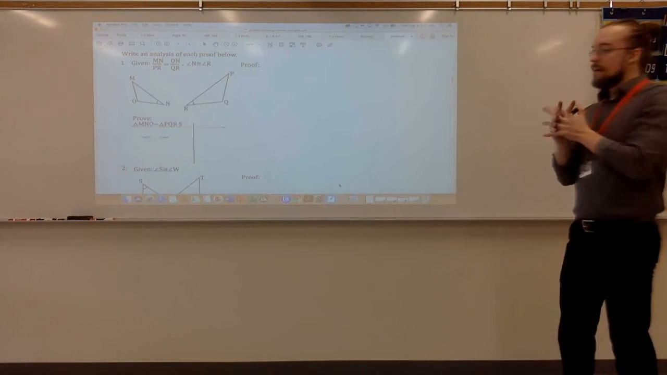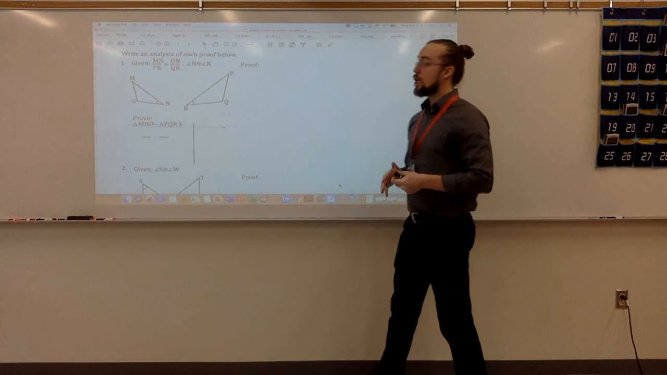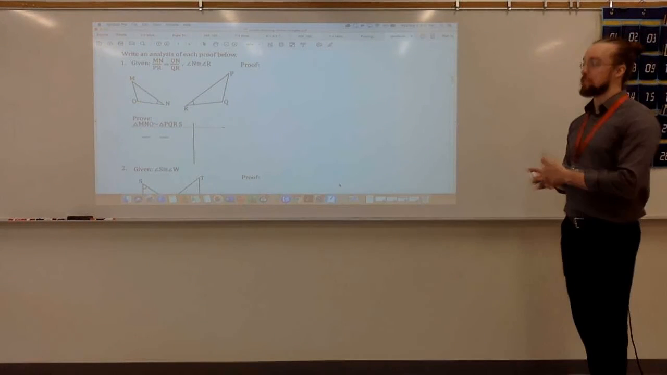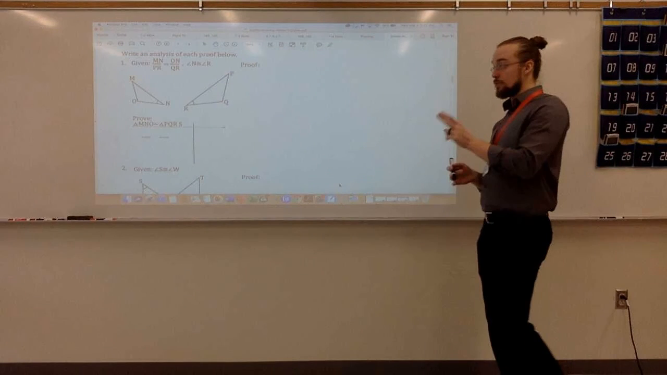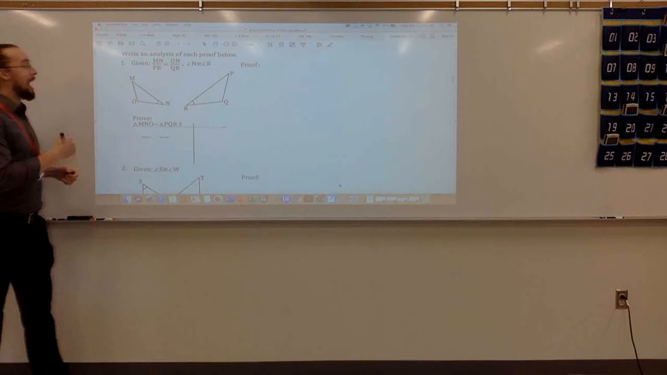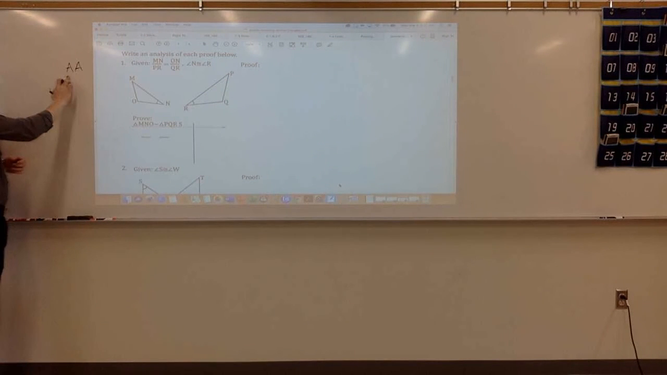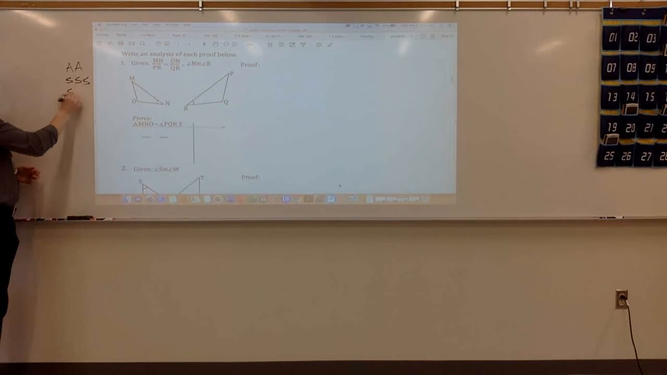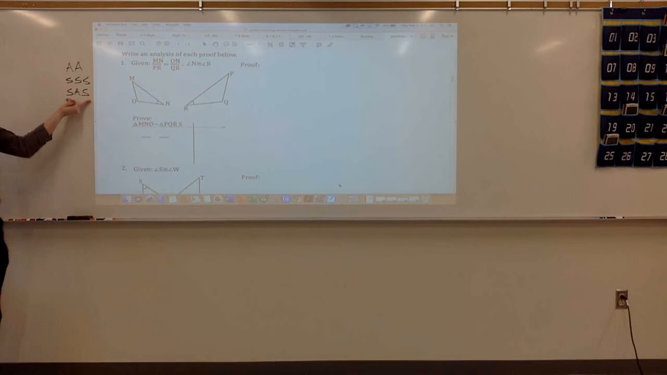Alright, today we are going to take a look at writing out two-column proofs to prove that two triangles are similar. Now, we've looked at three ways to prove that triangles are similar. Angle, angle, where if we can just show that two pairs of angles are congruent, we can say the triangles are similar. Side, side, side, where if we can show that all three pairs of sides are proportional, then the triangles are similar. And side, angle, side, where if two pairs of sides are proportional,